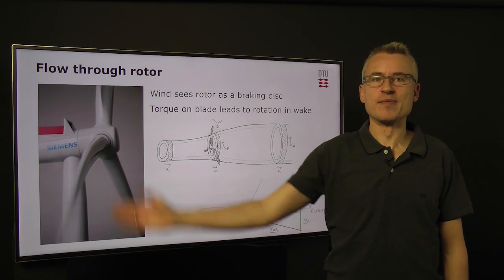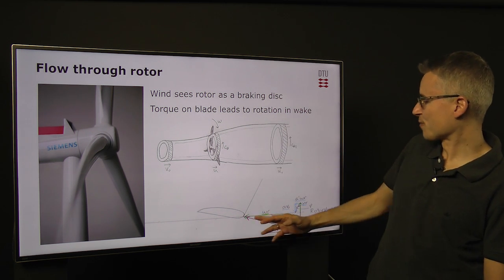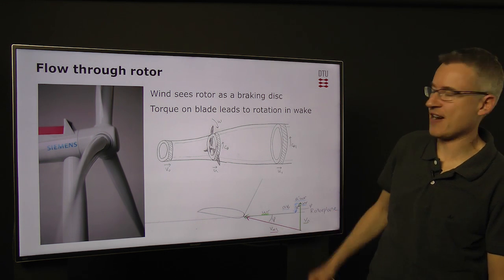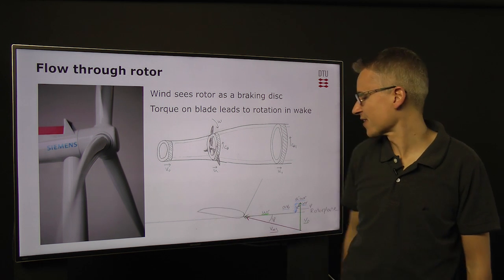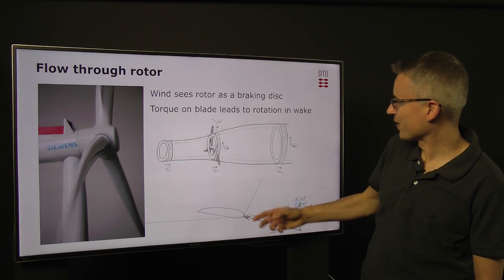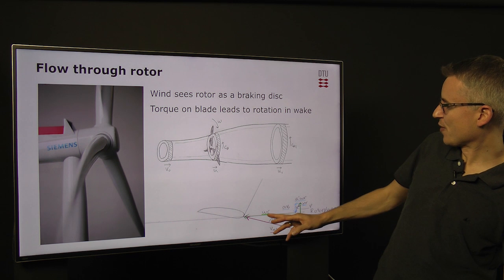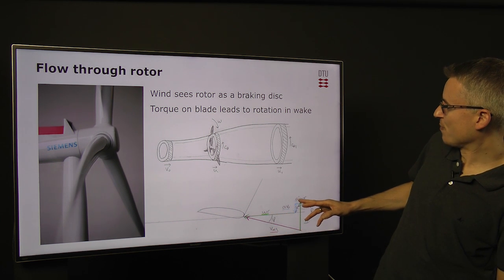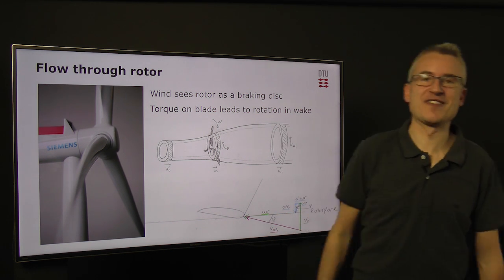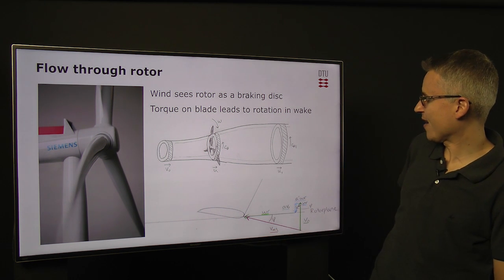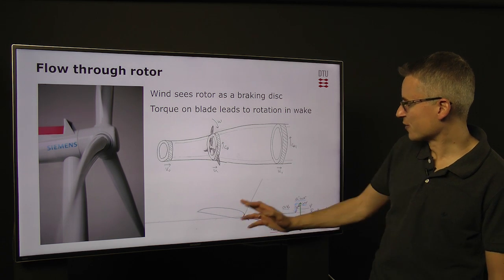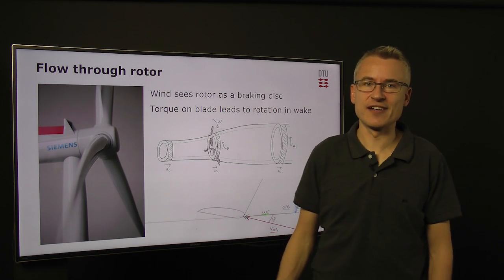Because the turbine moves around, the rotor, there will also be a component which is omega times r. Omega is the rotational speed. R is the local radius. So there will be a component, and due to this induction, it will not only be omega times r, it will be the tangential induction factor, which is called a prime, times omega r, plus omega r itself. So this thing here is called the velocity triangle for the flow.